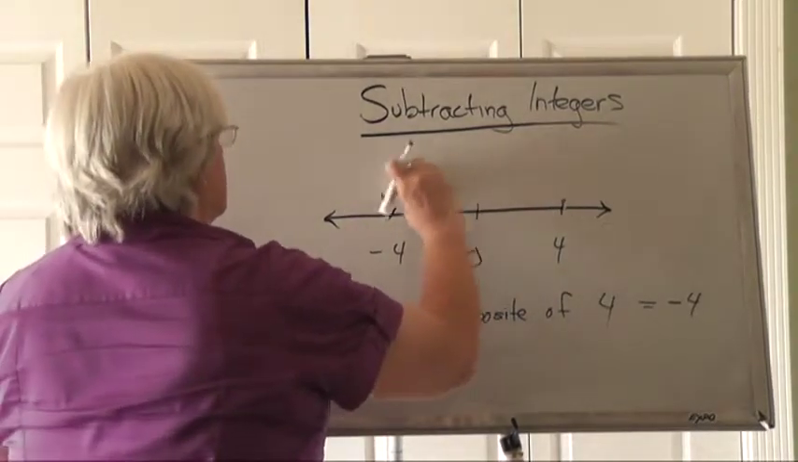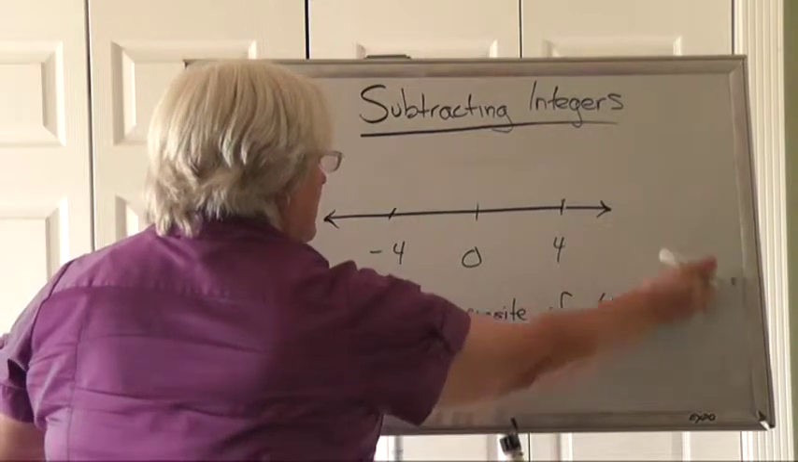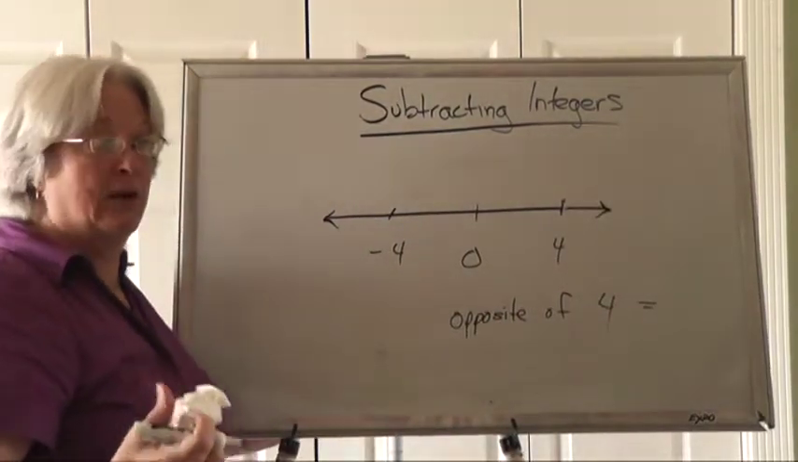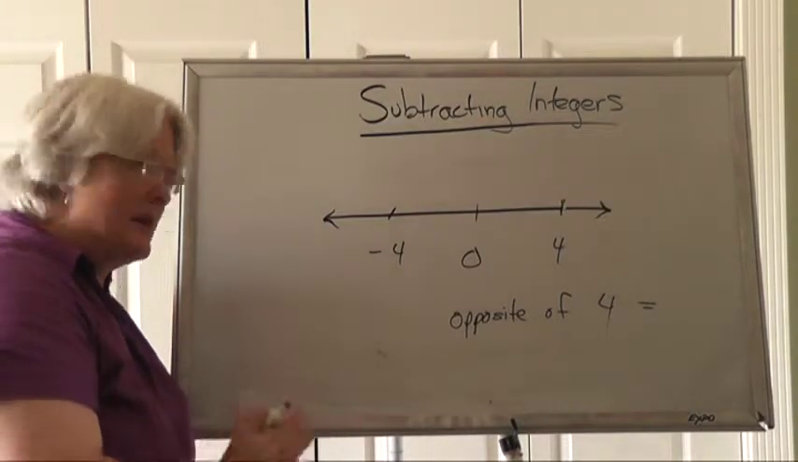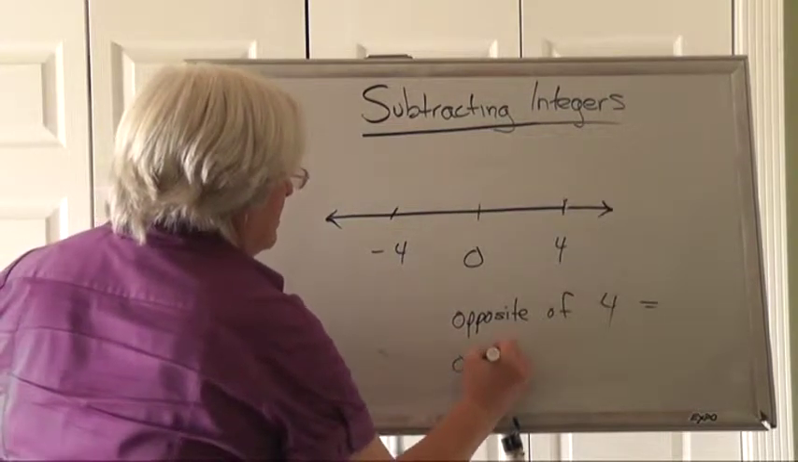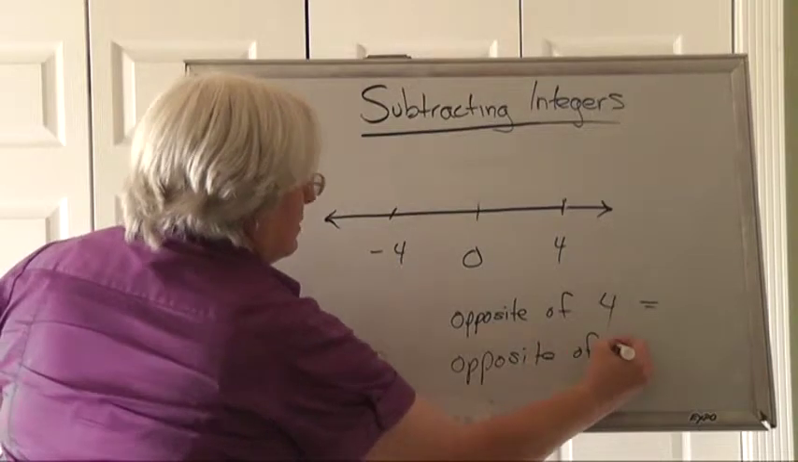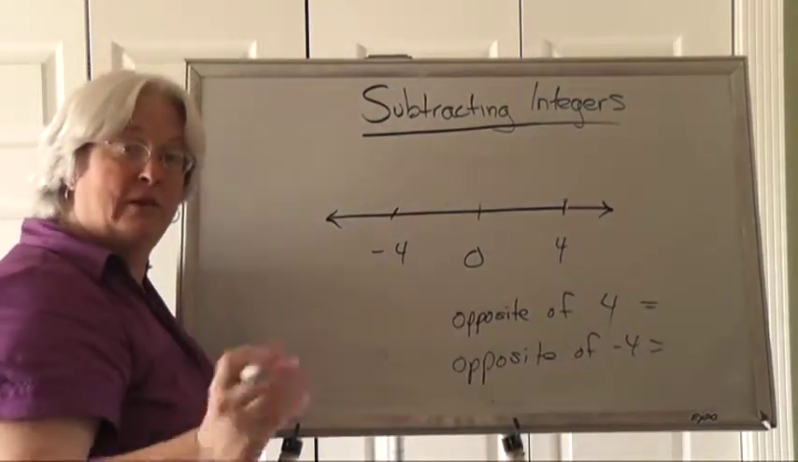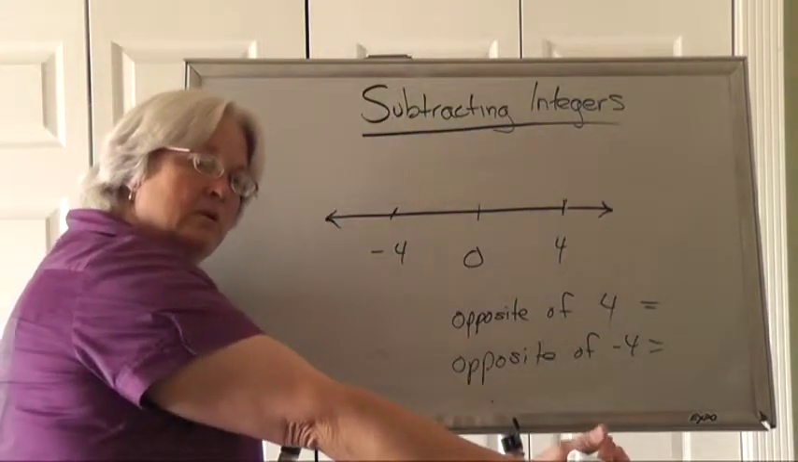But let's think of it in a way that you might not have thought of, because a lot of people, adults and kids together, think if something is opposite, it's negative. But those don't mean the same thing. Because what is the opposite of a negative 4? Well, remember, the opposite of a number is what is the same distance from 0 in